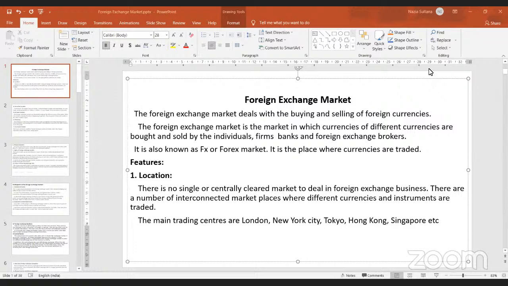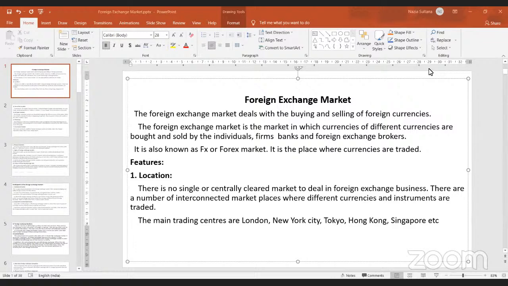So foreign exchange market is basically a place or a market where dealings which are related to buying and selling of foreign currencies happen. Now, these dealings are basically because different countries of the world have got different types of currencies. And these currencies are bought not only by firms, but they are also being bought by individuals. They are also being bought by banks. They are also being bought and sold by foreign exchange brokers. So it's a place or an arrangement. It need not be a physical location as such because it is all done through major trading centers also. So it could also be taking place through online mode.